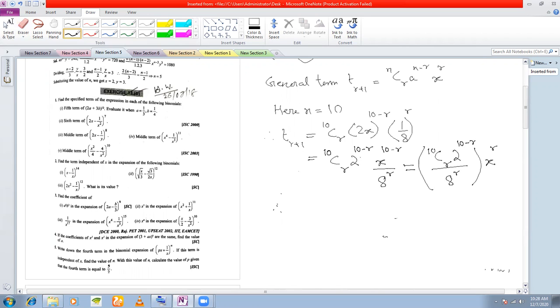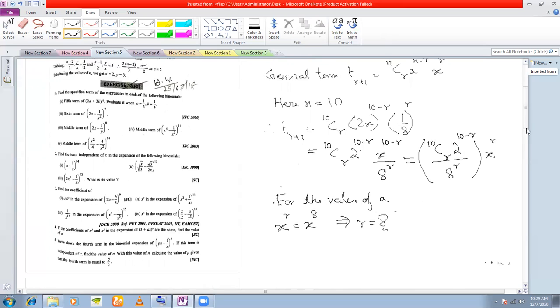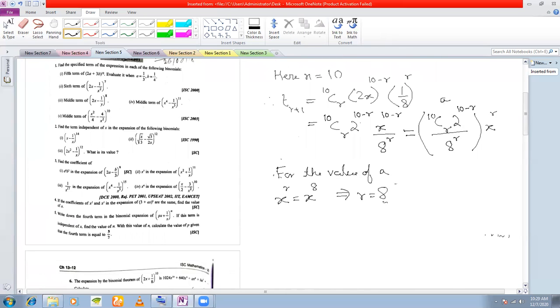Okay, so for the value of a, x to the power of r must be equal to x to the power of 8. That means r must be equal to 8. So what is a? This entire thing is a here because it is the coefficient of x to the power of 8. So hence a is equal to